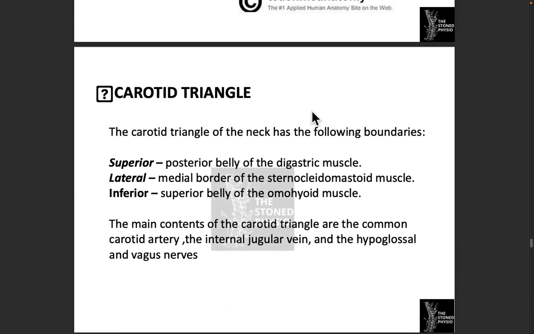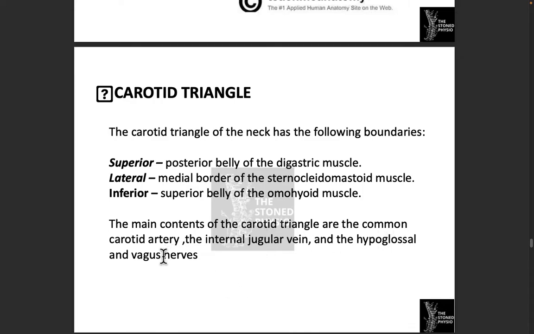Now coming to the carotid triangle, where the common carotid bifurcates into the internal and the external carotid. Also we can see the internal jugular vein. So the major structures we discussed are the vascular structures, the vein and the arteries, which are majorly present inside the carotid triangle. We have the common carotid artery, the internal jugular vein,